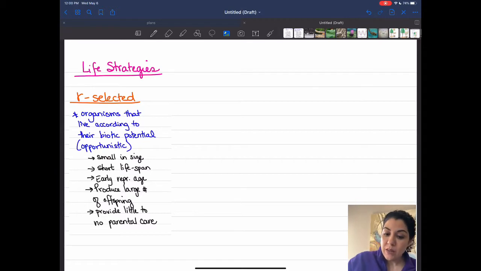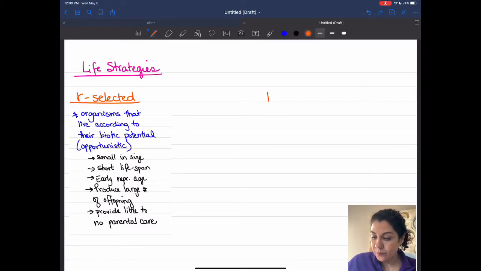Okay. Then we can have organisms that are K-selected. K-selected organisms, like the letter would indicate, choose to follow their environment's carrying capacity. So they will have babies continuously during their lifespan, but when conditions are good, they will have the babies, and when conditions are not so good, then they won't. So they choose to follow their